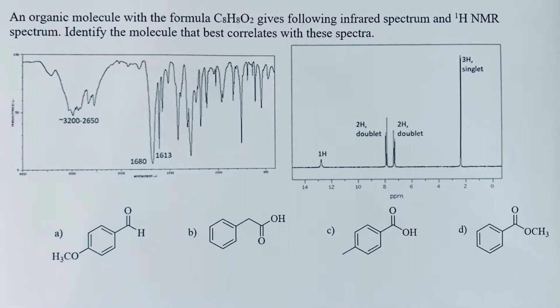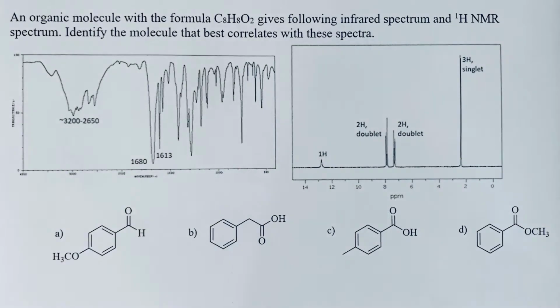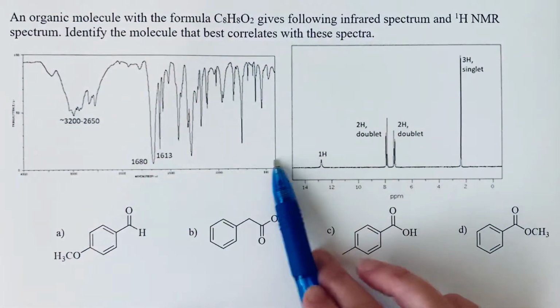An organic molecule with the formula C8H8O2 gives the following infrared spectrum and proton NMR spectrum. Identify the molecule that best correlates with these spectra. So the first thing that I would look at for this is I would look to the infrared to get